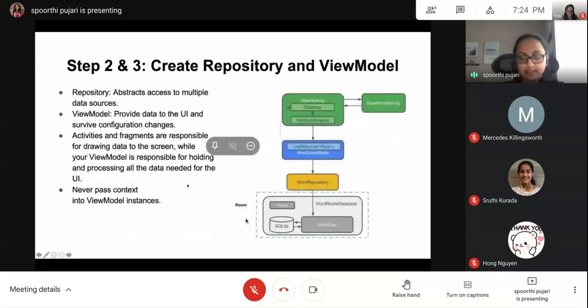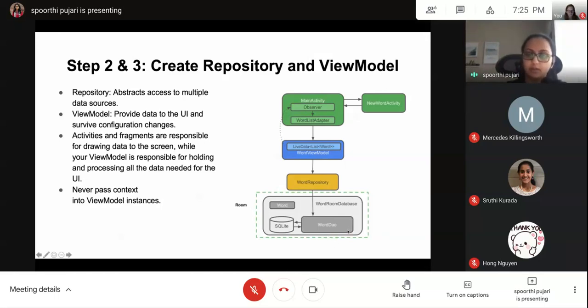So let's go to the next steps here, which is creating my word repository and my word view model. So what's a repository? A repository abstracts the access to multiple data sources. What do I mean by that? Say tomorrow I don't want to show words from this database. I want to get words using an API from the internet.